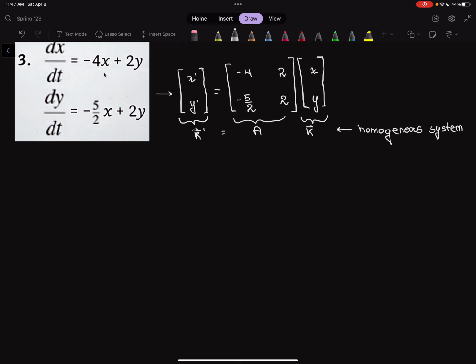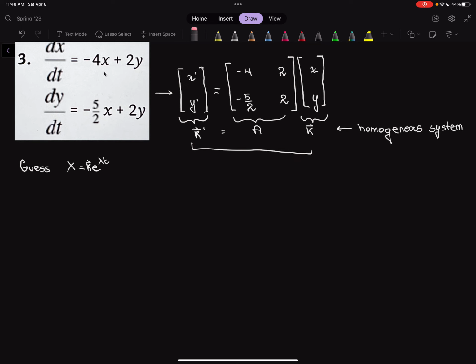So what can I do with that? Well, let's say I guess that the solution is e to the lambda t, but in vector form. So I'll say that my solution is this. Now, why did I guess that? Well, because this has a similar form to the scalar form like this,